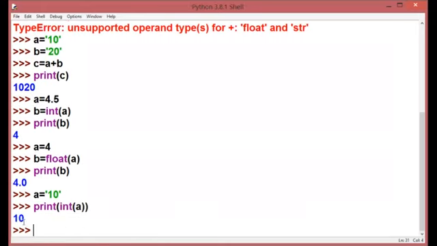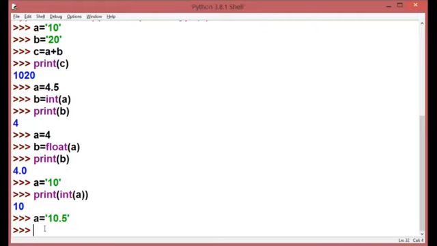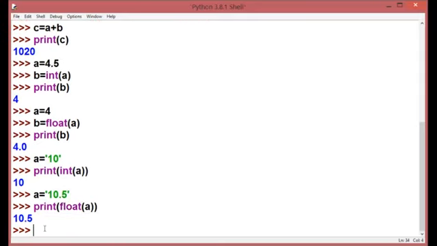It is going to give me the value 10, which is not a string value but an integer value. Similarly, if I say a is equal to 10.5, I can convert that also into a float number. So I'll write float in place of int and it is going to return the float number. So now my 10.5 is not a string value, but has been converted into a float value.